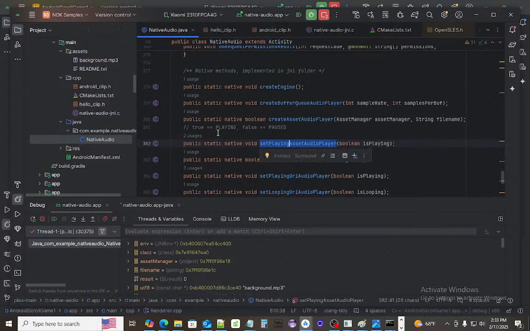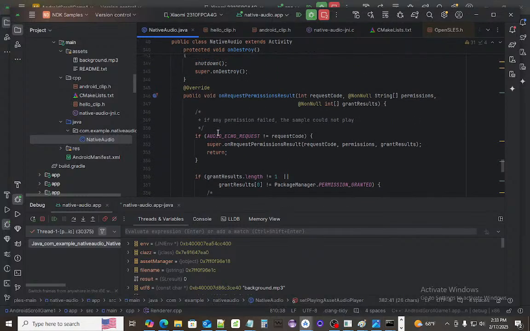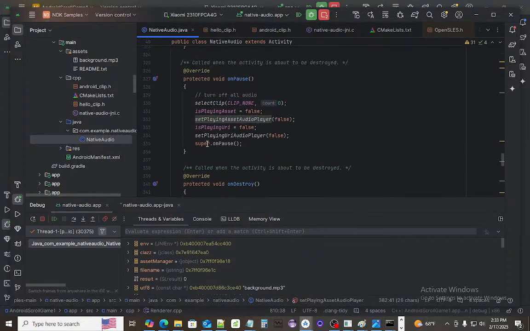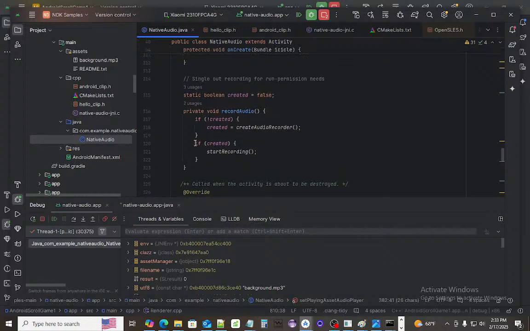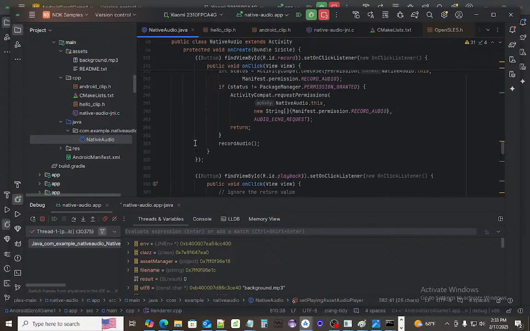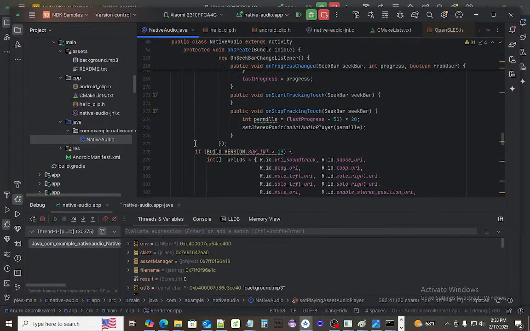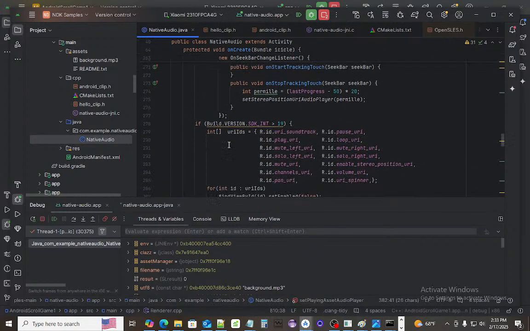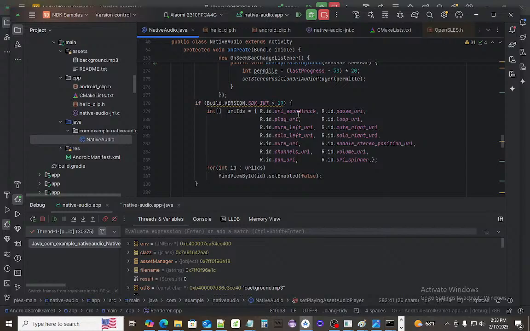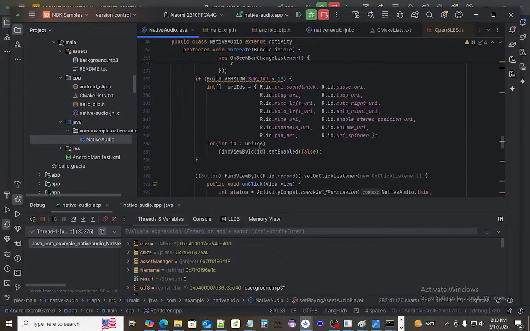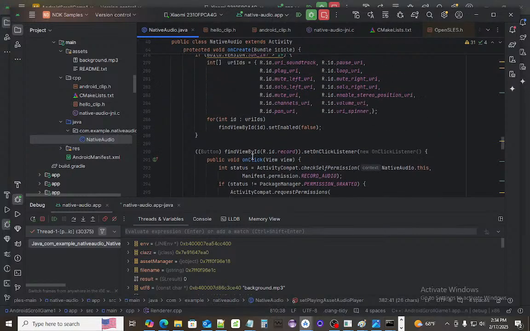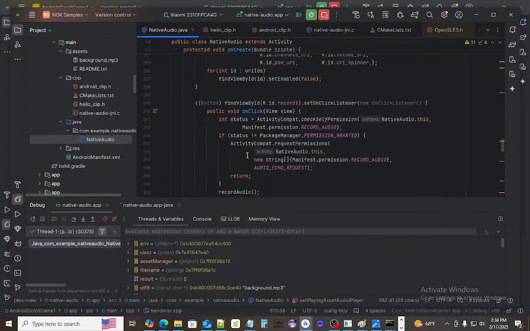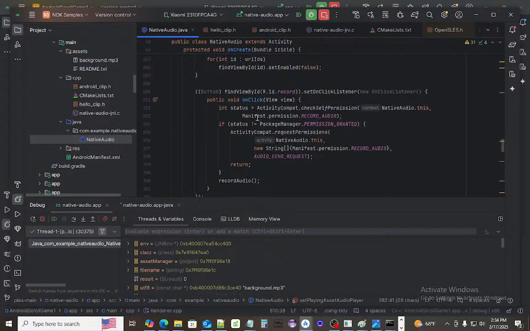This is the stupid part about using mixed Java code to show native code. What if you purely wanted to do this in native code? It's just so annoying. You have to rewrite half of what they wrote. The version is better than this. What if it wasn't? Oh yeah, here they ask for permissions. And then you've got to rewrite this and